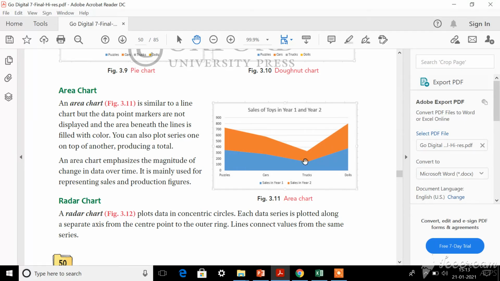The chart will cover the entire area with some kind of colors, and will tell you how much the toy sales has been increased or decreased. So using the area covered, you can analyze the toy sales. So in area chart, area is covered. Areas will be shaded using different colors. So this is how an area chart will look like.